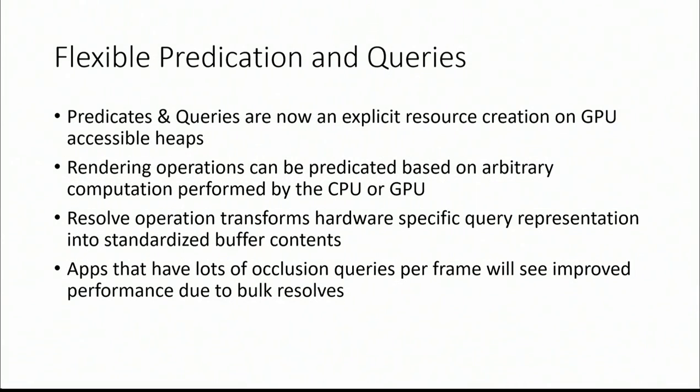We have a flexible predication and query model in 12. If you used 11, 11 was good for its time. We had API objects representing individual queries and counters and predicates. But more and more modern techniques are using larger and larger quantities of queries and predicates, and it became really unwieldy using individual API objects. It was a lot of overhead actually checking them and going back and forth between individual predicates and the